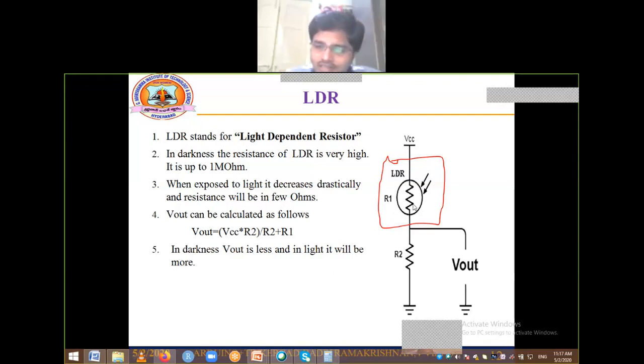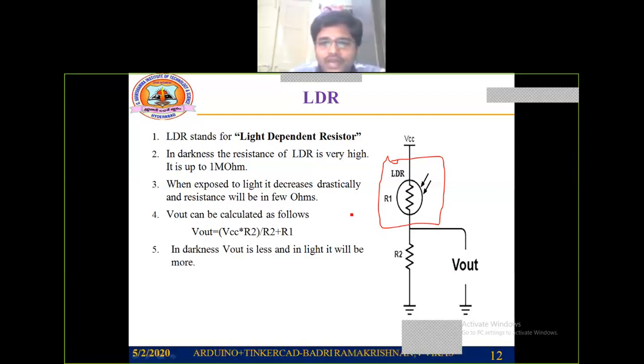I have some resistance over here, and some other resistance over here. To calculate the output voltage, V output, you need to consider this equation: V out equals VCC multiplied with R2 by R2 plus R1.